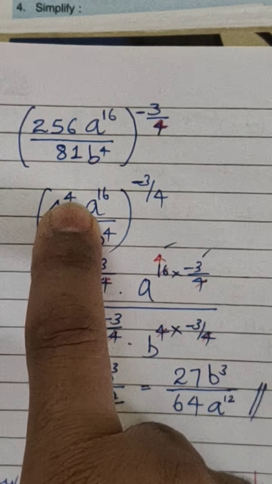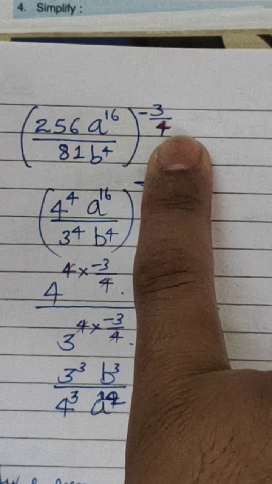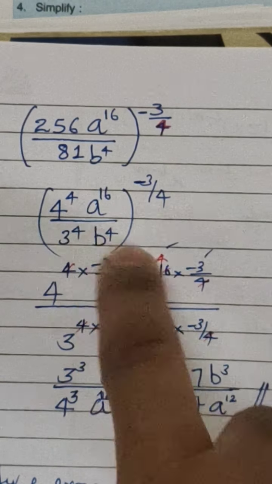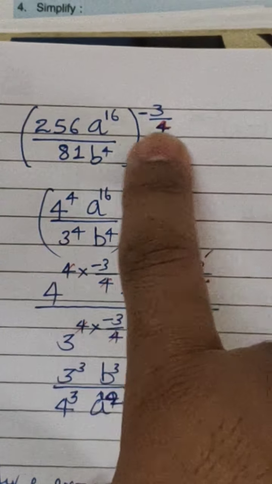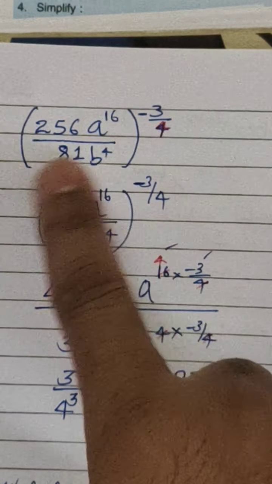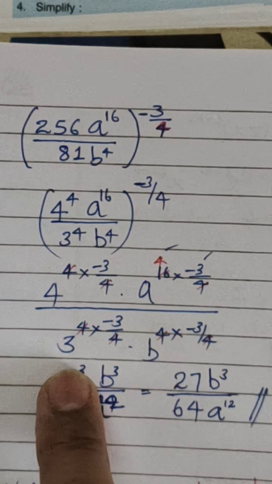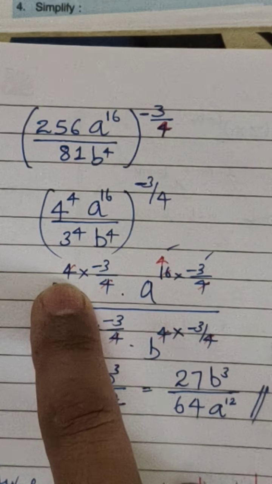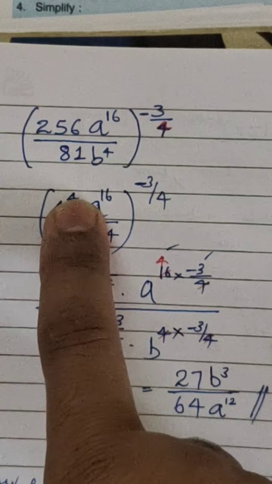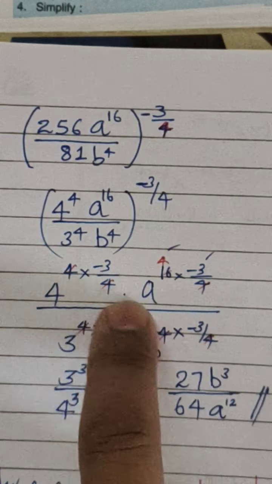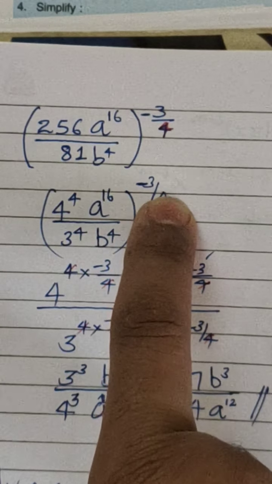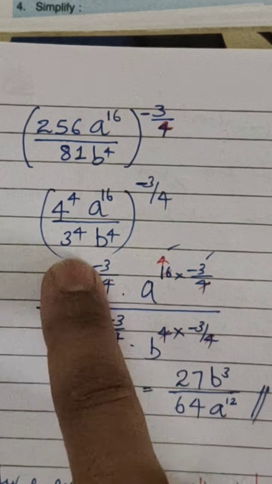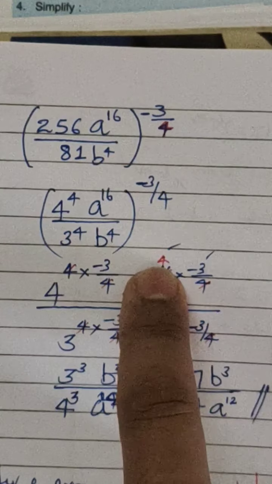Why did we make it 4 to the power of 4? Because we have a power of 4 in the denominator, so that we can cancel when it gets multiplied with this. Here also in the denominator, bring in the power after the bracket using the (a to the power of m) whole to the power of n formula, which is equal to a to the power of mn. Here a to the power of 4 to the power of m into n, m is 4, n is minus 3 by 4. Here a to the power of 16 into minus 3 by 4, 4 4 will get cancelled, 4 4 is 16, 4 3 is 12.